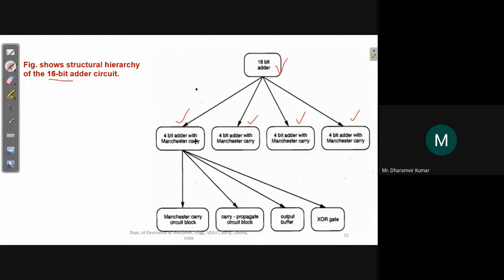Right now you don't bother about these terms. The concept is this: divide a 16-bit adder into 4 sub blocks. Each block is a 4-bit adder. For a 4-bit adder, we had just seen an example, so that design is there. Replicate it 3 more times, combine it properly, and it will become a 16-bit adder. Likewise, it becomes easier.